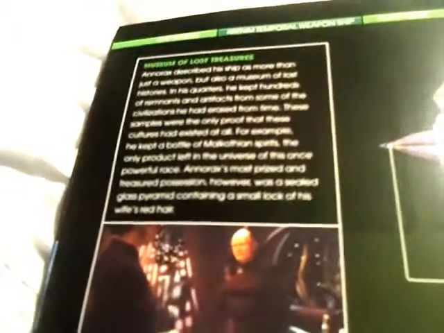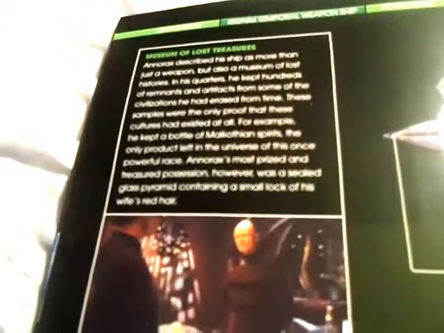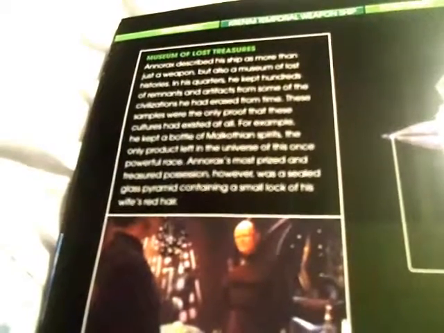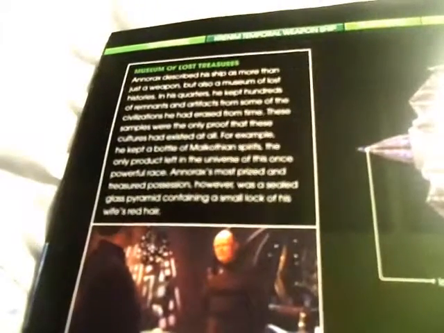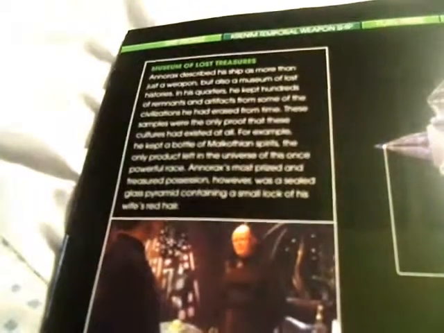For example, he kept a bottle of Makalian spirits, the only product left in the universe of this once powerful race. His most prized and treasured possession, however, was a sealed glass pyramid containing a small lock of his wife's red hair. As you can see,